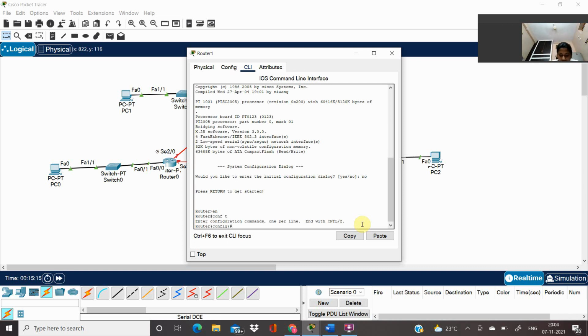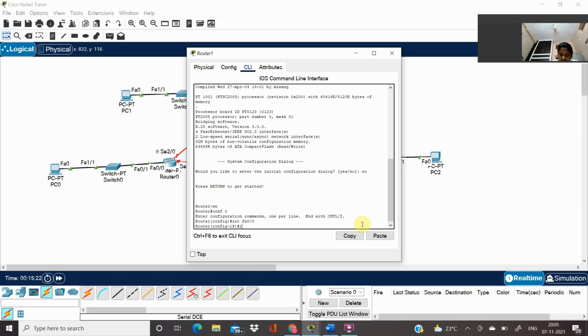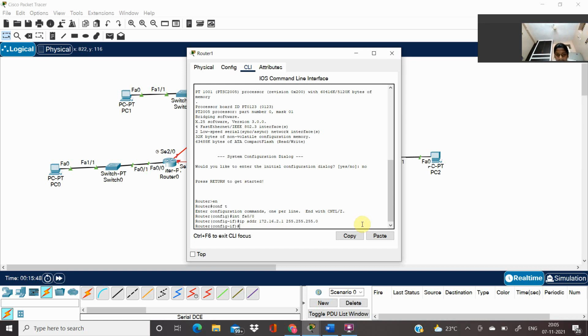Next we have to give int fa0/0. Next we are giving IP address as 172.16.2.1 and my subnet mask as 255.255.255.0. Then I'm going to give no shutdown.